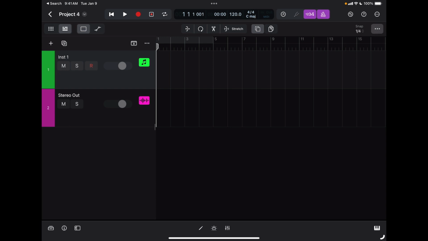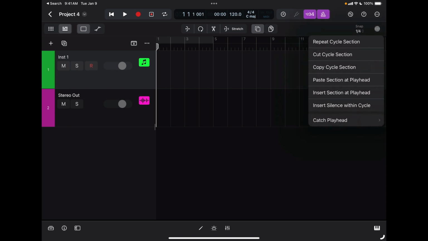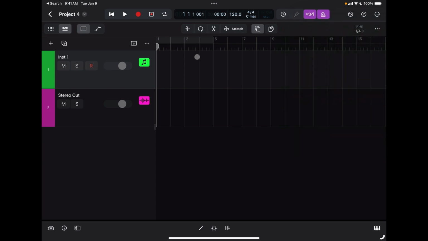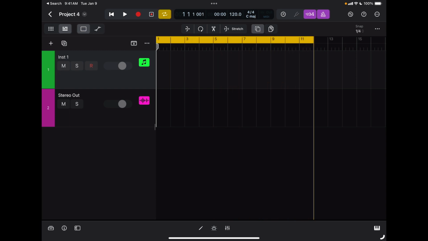Here I have some extra editing options. For example, I can repeat anything inside the cycle section, cut it, copy it, paste it, or insert material where the cycle section is. The cycle section is right here, is this yellow stripe that I can make smaller or bigger,